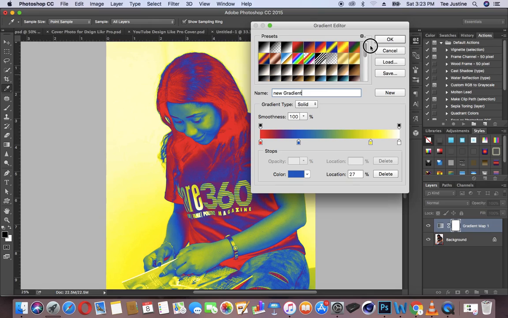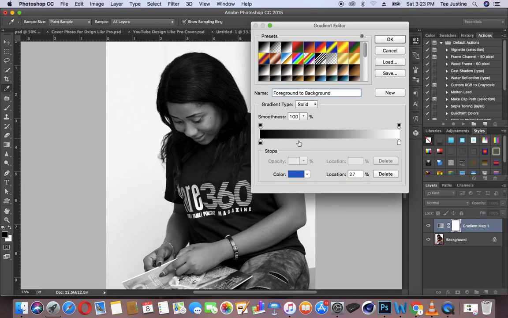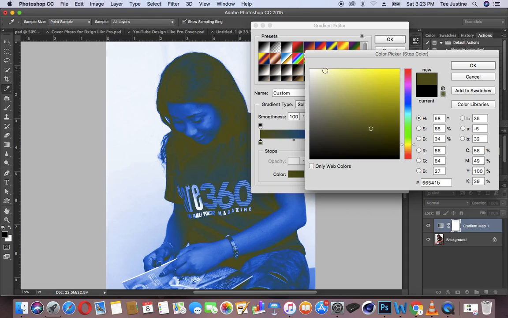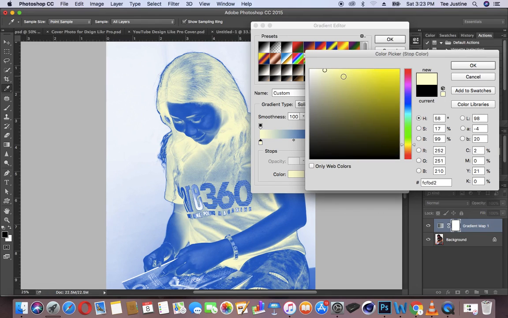Now to take us further how to apply gradient, you have to understand the difference between midtones, highlight, and shadows. Now this remains your shadow, and this remains your midtones, and this remains your highlights. Now this is the shadows, this is the midtones, and this is your highlights. So the shadows usually are to be dark in nature. You don't use light shadows unless you get a poor image, or depending on what you want to use it